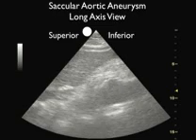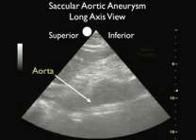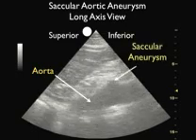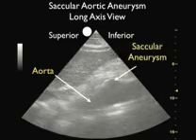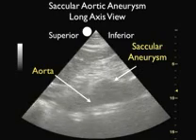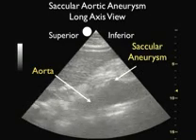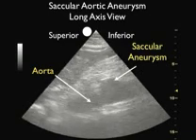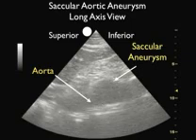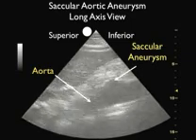This video clip shows a very rare saccular aortic aneurysm that may be occasionally encountered in a busy EM practice. We're taking a long axis view of this AAA. What we have is the probe marker is towards the patient's head, superior to the left, inferior to the right. And we can see the aorta stretching out from left to right across the screen, and we see a little bump coming off the aorta anteriorly, making up that saccular aneurysm, the outpouching of the abdominal aortic aneurysm, coming off